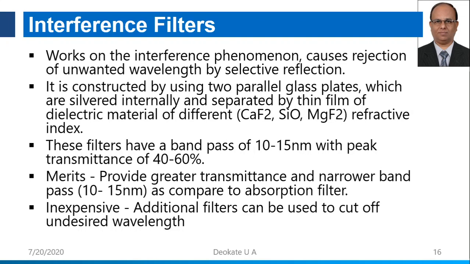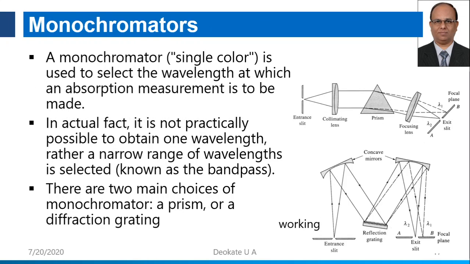So again, there is a discovery to have a continuous process of changing wavelength that can be obtained by using the monochromators. Monochromators are devices comprising five basic components, as you see in the figure. First one is your entrance slit with the rectangular aperture. The second one is your collimating lens or collimating mirror. So they collimate the light.